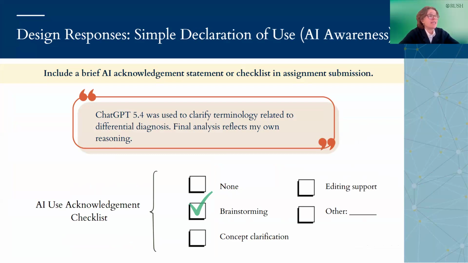So if tilt is a foundational approach, we can now move on to smaller, more lightweight design responses. And before we discuss broader assignment redesign, it can be helpful to consider the smallest possible design adjustment. And so one of those options is simply building AI awareness or routine awareness of AI use into coursework. I know many of you already do that. I think Clayton was one of a few that said that he requires that AI disclosure in his assignment guidelines.